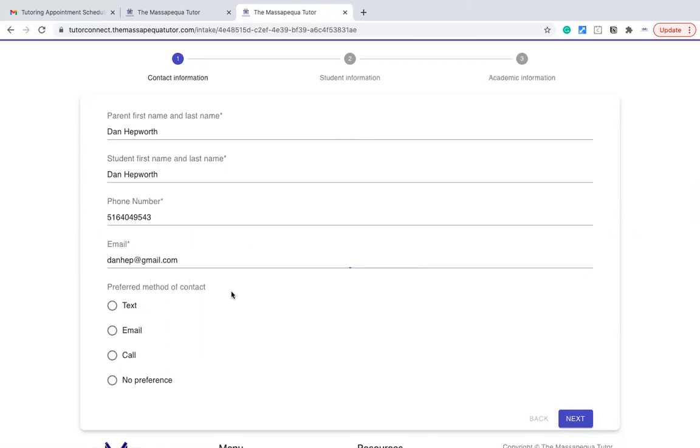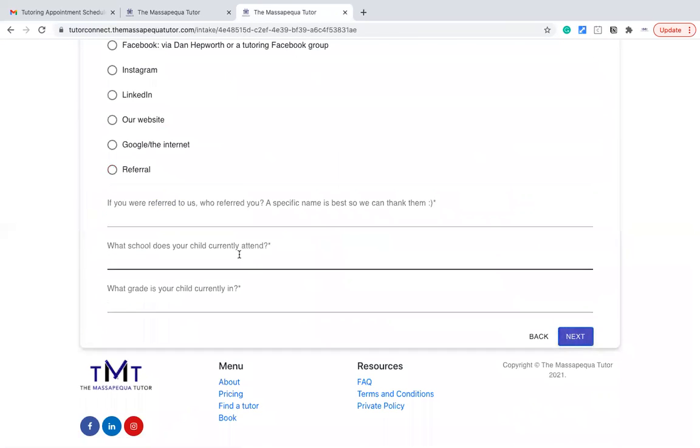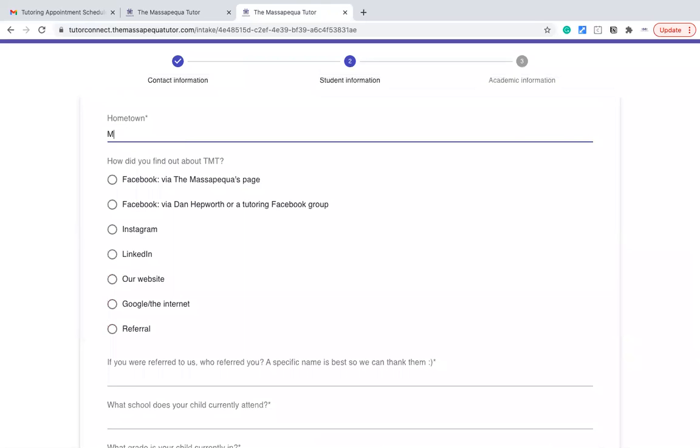So I'll fill out the contact info, hometown,